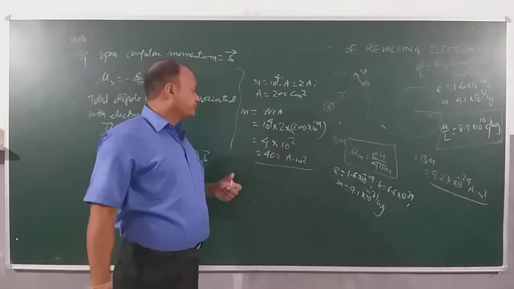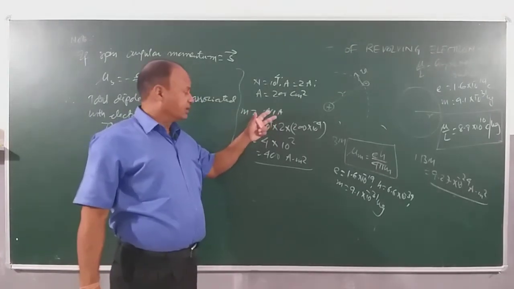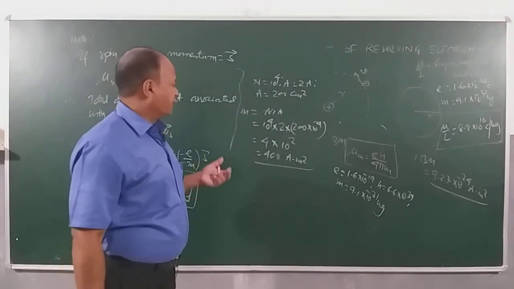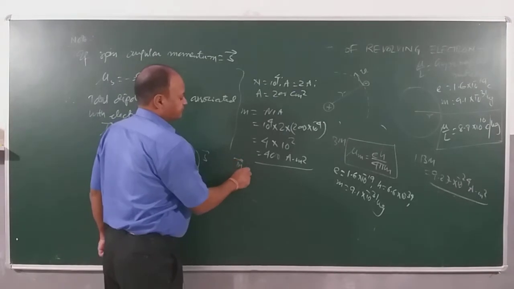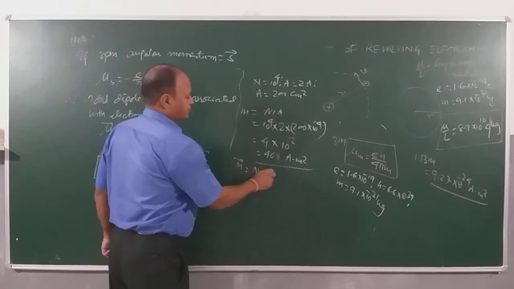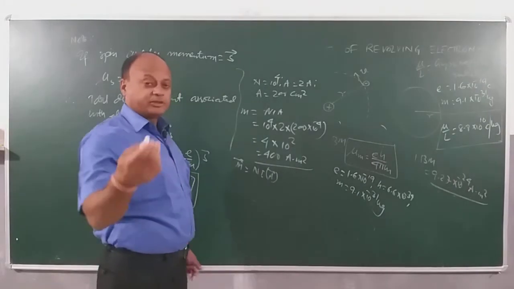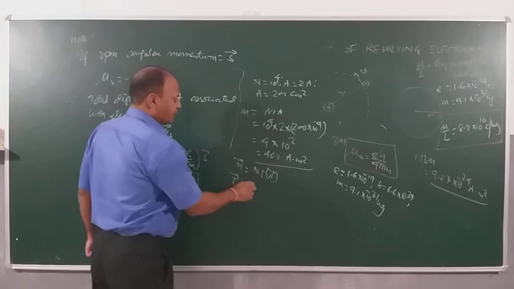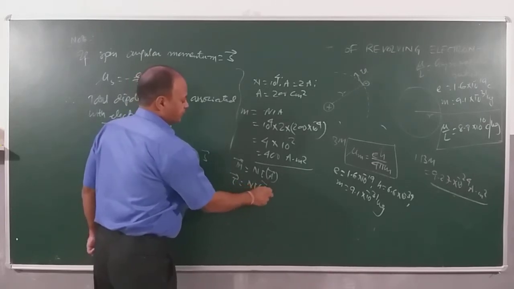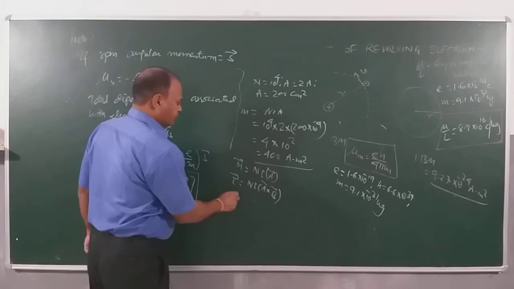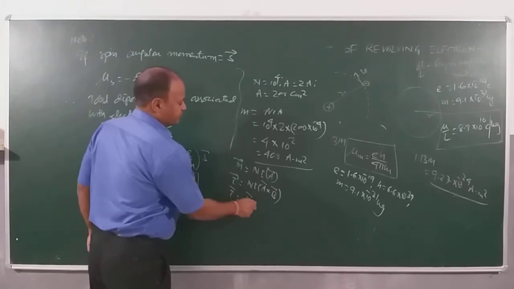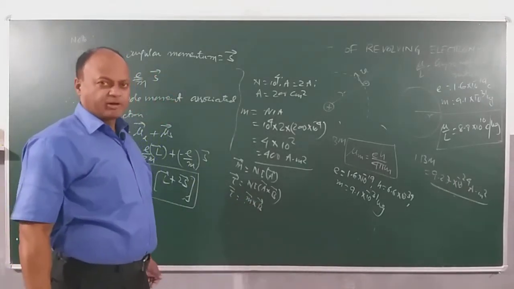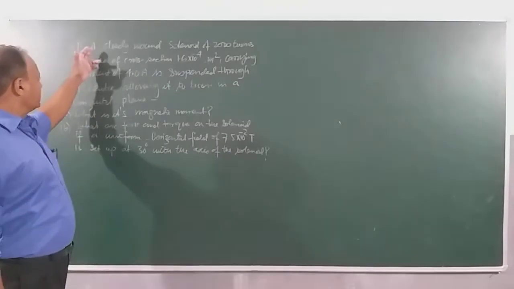Now remember that if it is given in vector form, then you have to use the vector form, and then accordingly you can use m is equal to NI into A. And again, if there is a problem on the torque, you can use torque is equal to NI into A cross B, or simply torque is equal to m cross B. So you have to be very careful here, you have to take the cross product. Okay, let's see a problem on this. Till now we will see this problem now.